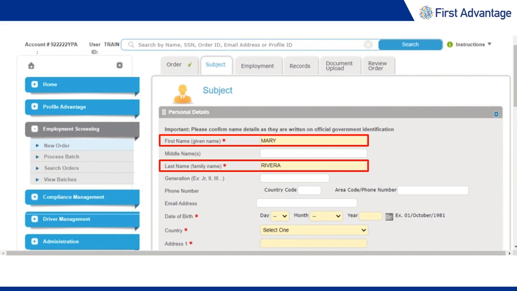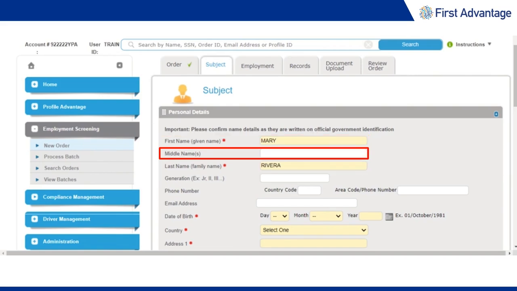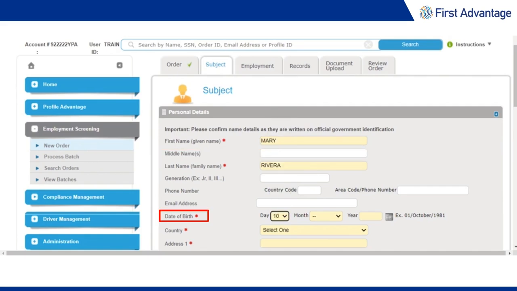Enter the candidate's first and last name. Entering the middle name or initial will help us match background data we find during the screening process to the candidate. If your order includes a criminal or civil search, the system will require you to enter the middle name or initial. Enter the date of birth,